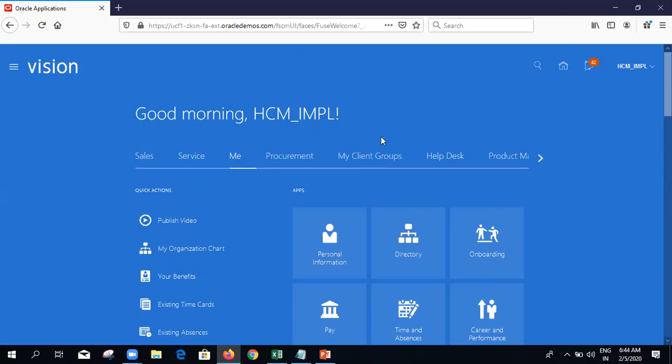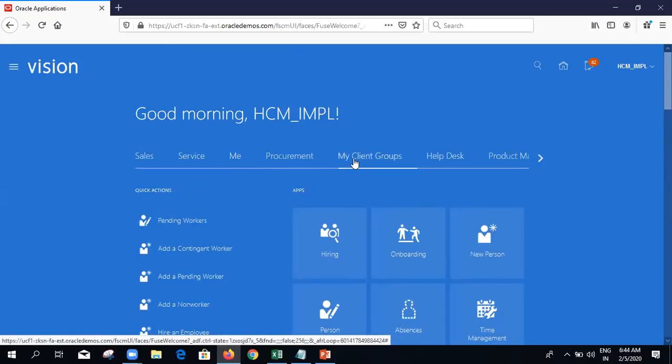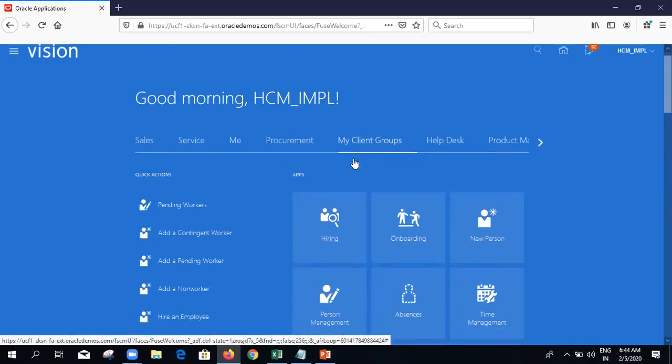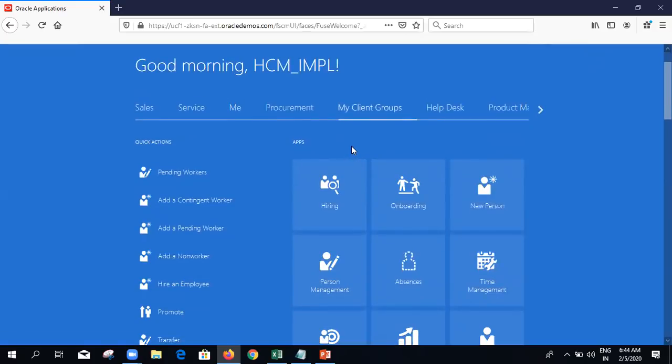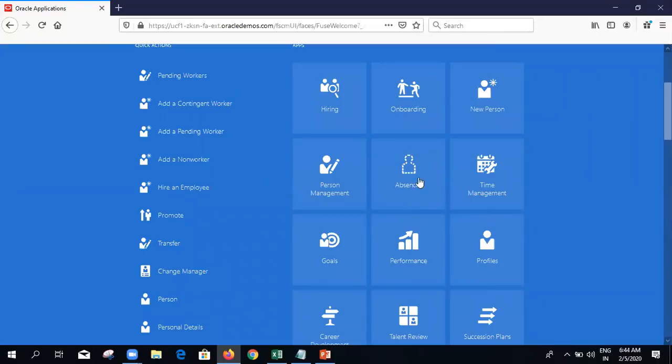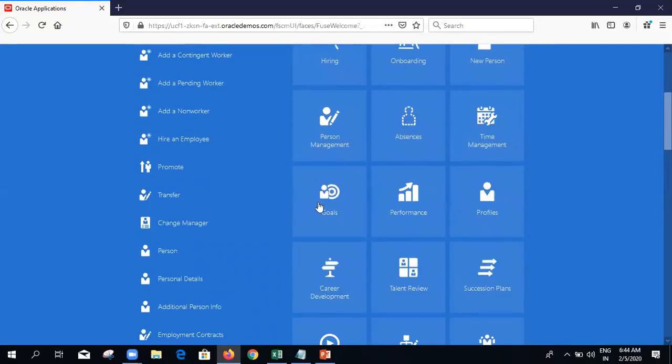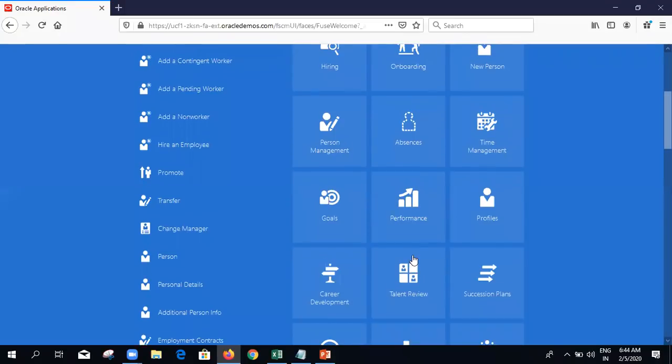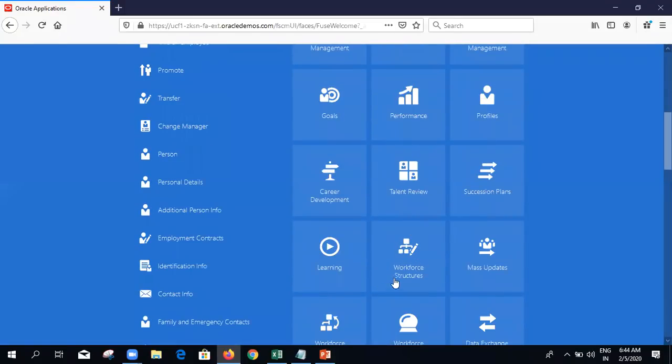My Client Groups is the place concerned with HCM, where we will see the configurations related to HCM, like absence management configuration, and the goals, performance, and talent review configurations.